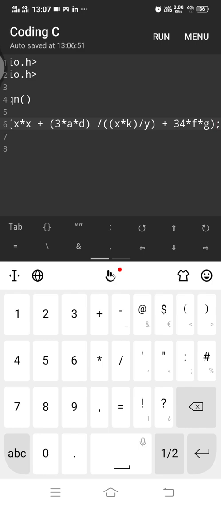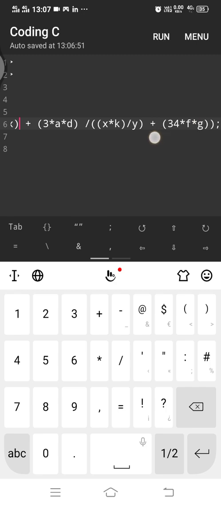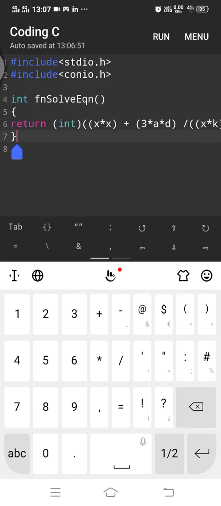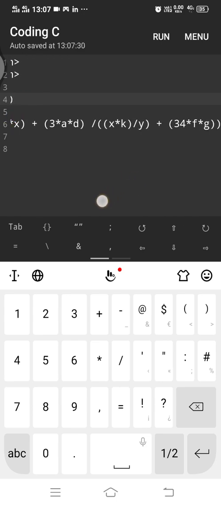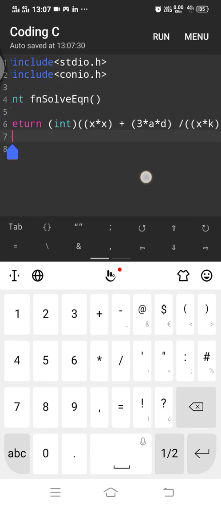Now we want to further bunch it up. You can go ahead and bunch it up like this. You can put this in brackets to show that this is a unit that needs to be done together. You can put this x multiplied by x in brackets also. And now here you need to pass it all the variables. You have x, a, d, x, k, y. That means x, a, d, that's 3 variables. K, y, f, and g. So you do